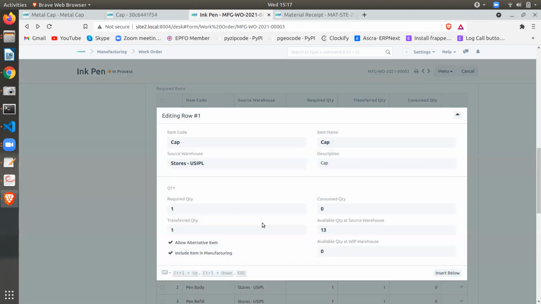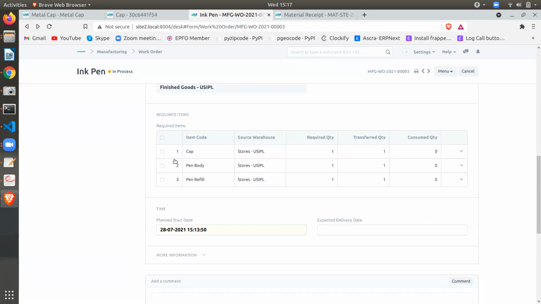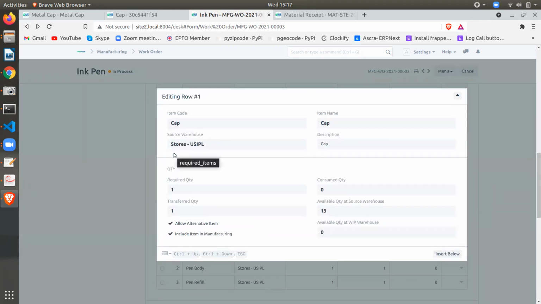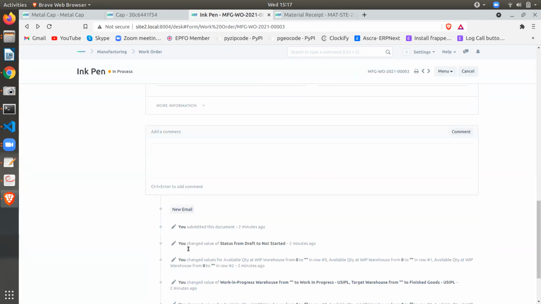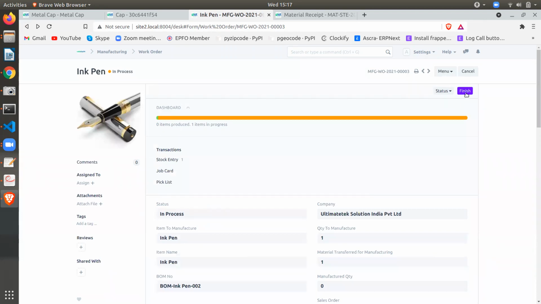Yeah, the required item is 1 and the transferred quantity has become 1. So it's assumed that instead of taking the cap as a stock item, we took metal cap, then it is consumed. Metal cap has been consumed for the work order. So we can go ahead with some other production activity.